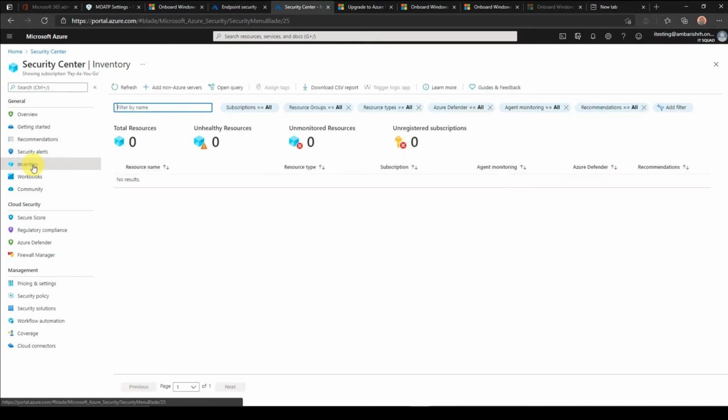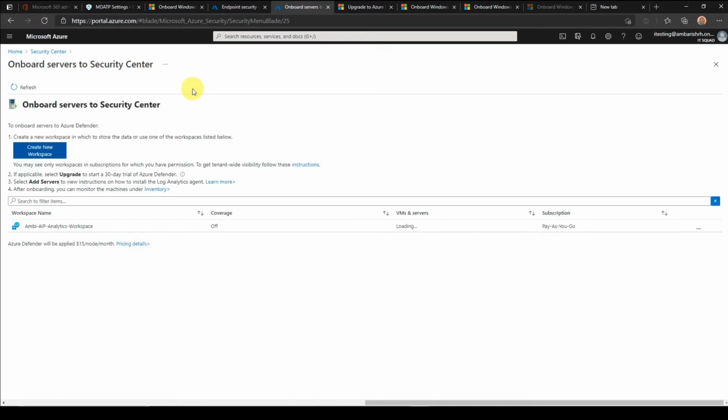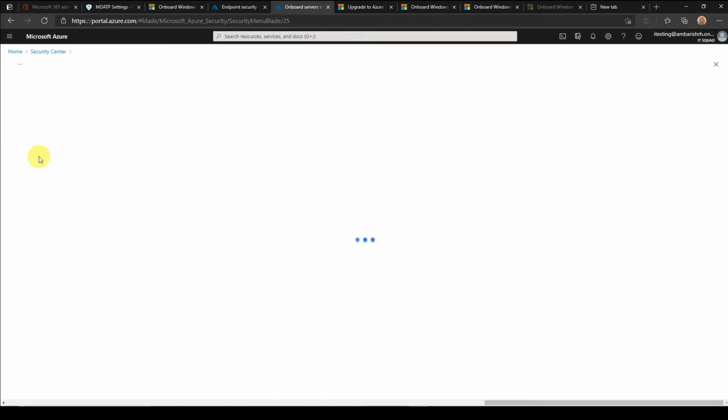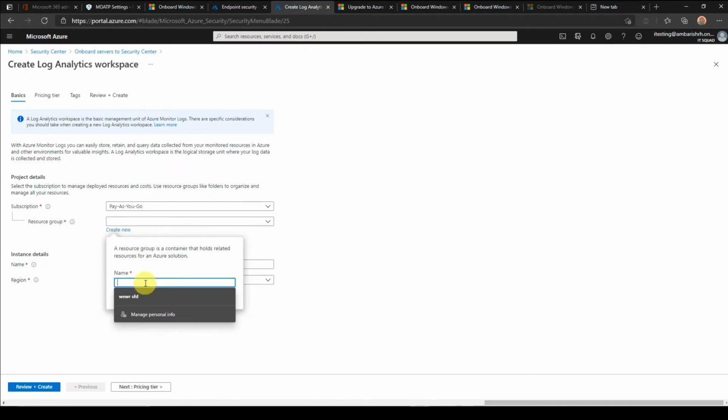So I'm on my inventory. I have an option to add non-Azure servers, so you click on that option. The first thing to do is to create a new workspace. So we'll select create new workspace, and for the subscription, you can use an existing resource group or we can create a new one. I would say